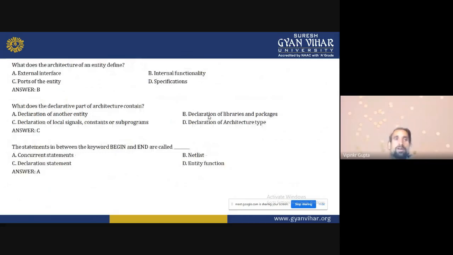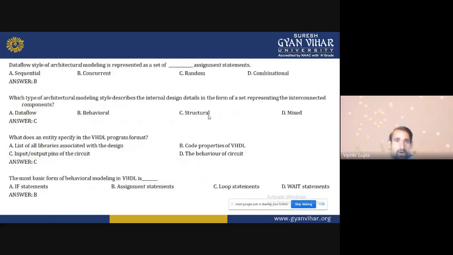Next one is the data flow style of architectural modeling, represented as a set of concurrent assignment statements. As now I am seeing, the concurrent statements are shown. This type of architecture modeling style describes the internal design detail in the form of a set of interconnected components. That is the structure.